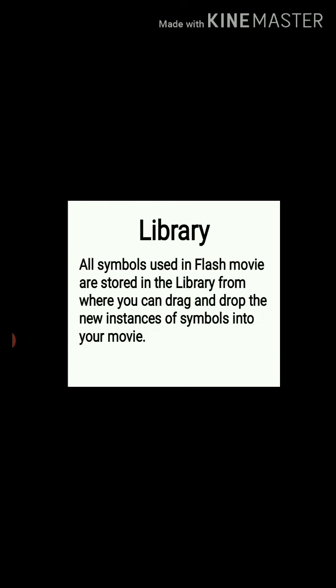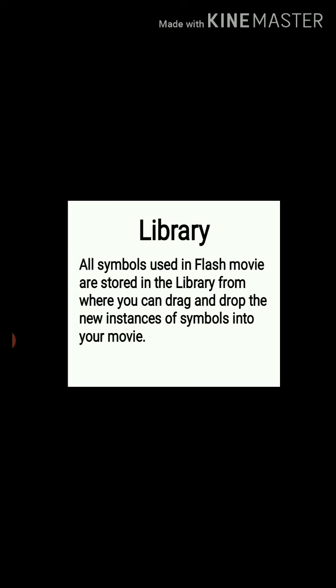Library. What is a library? Library is a place where all the symbols are stored. All the symbols used in a Flash movie are stored in the library, from where you can drag and drop a new instance of your symbol into your movie.